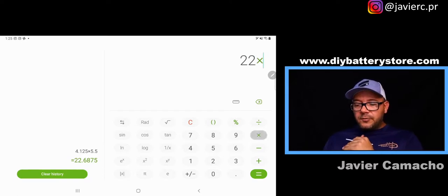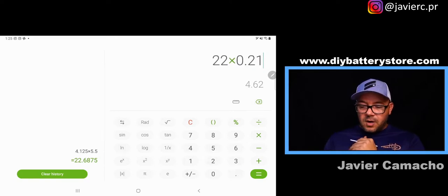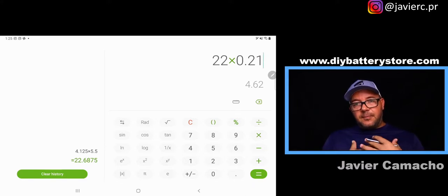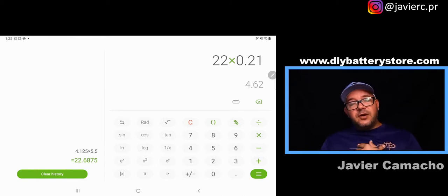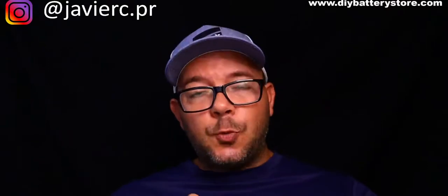It's pretty good. If you multiply that by 21 cents, 0.21, that's about $4.62 in savings that I'm producing myself. And yes, believe it or not, we actually pay 21 cents in Puerto Rico for grid energy. If you want to talk about stupidity and ripoff, come to Puerto Rico. I dare you. You will not last 1 month, but we get used to it. This is why we need solar and renewables and stuff like that. Anyway,